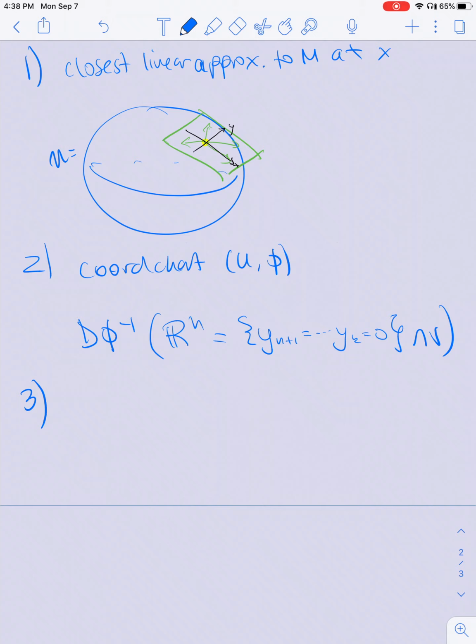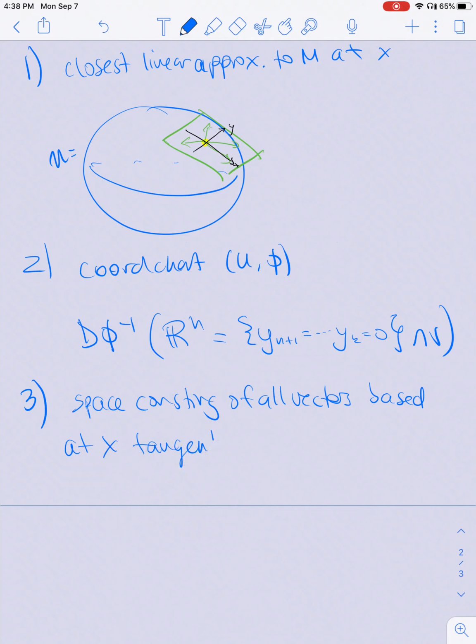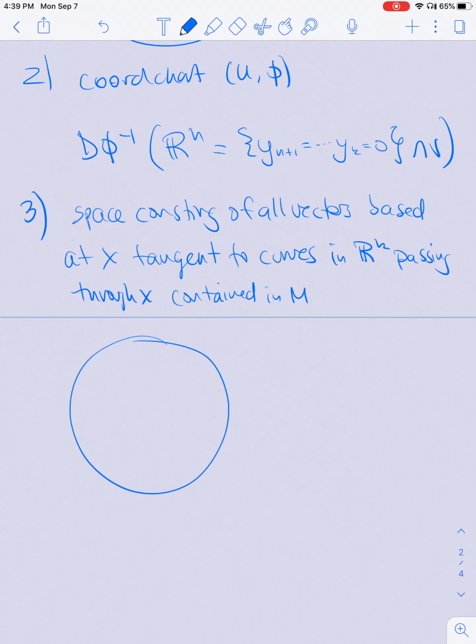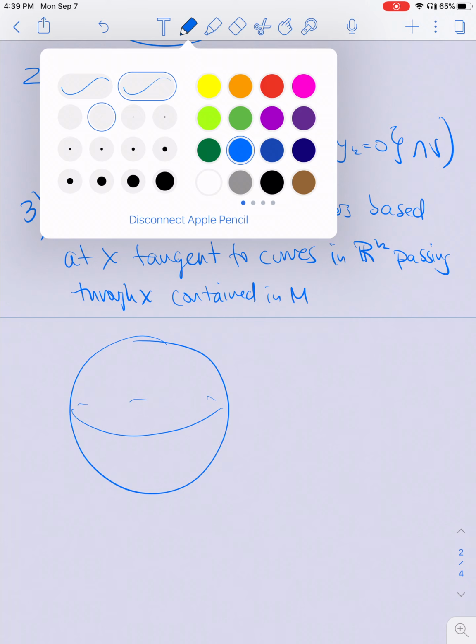My third method is maybe the one that is most familiar. This is the space consisting of all vectors based at x and tangent to curves in Rk passing through x and contained in M. So with my handy dandy sphere again, essentially I'm thinking of this, I'm taking a bunch